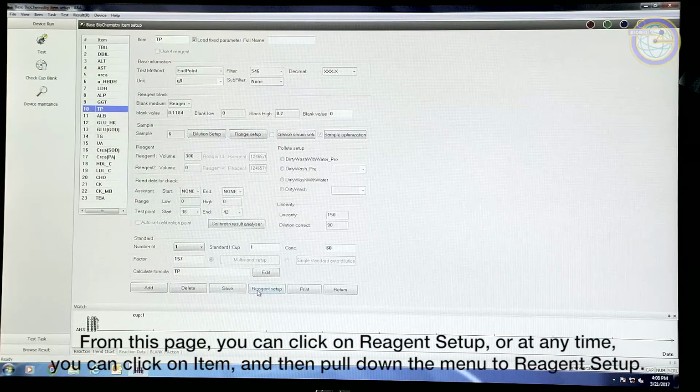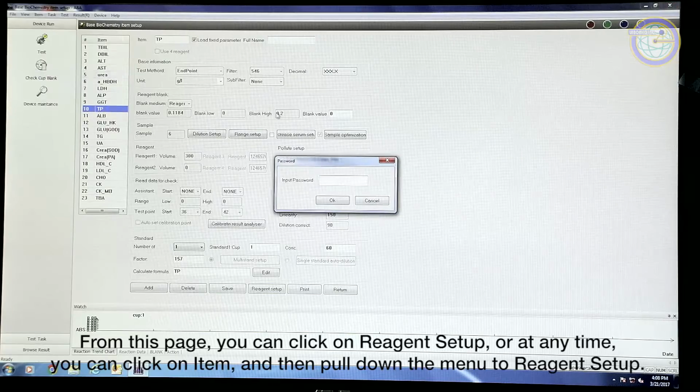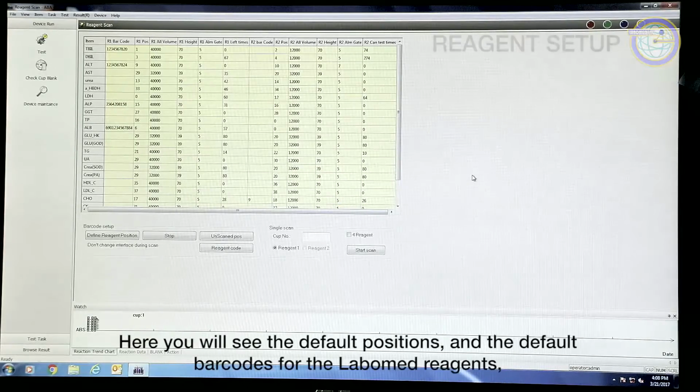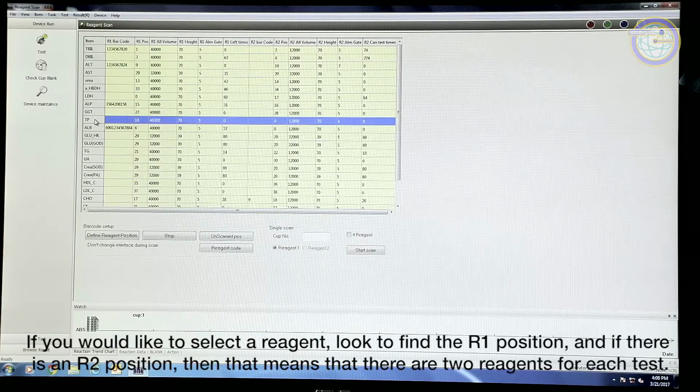From this page, you can click on Reagent Setup, or at any time you can click on Item and then pull down to Reagent Setup. Once again, type in the password 999 and click OK. Here you will see the default positions and the default barcodes for the Labomed reagents, but these can all be changed. You would like to first look, if you select a reagent, look to find R1 position,